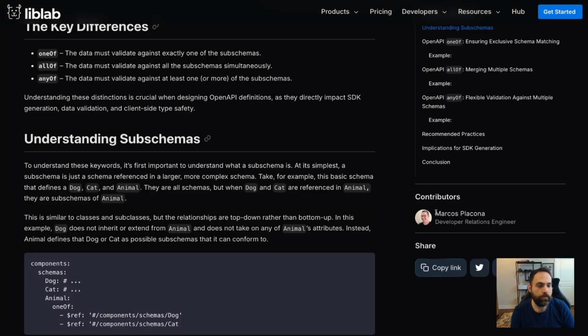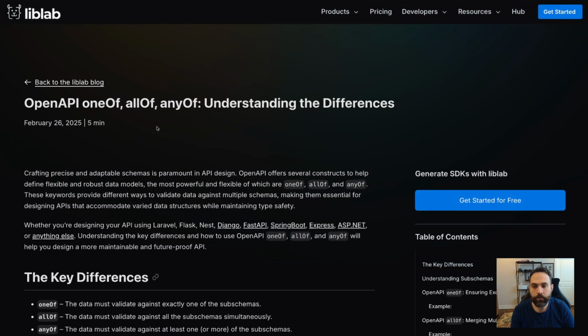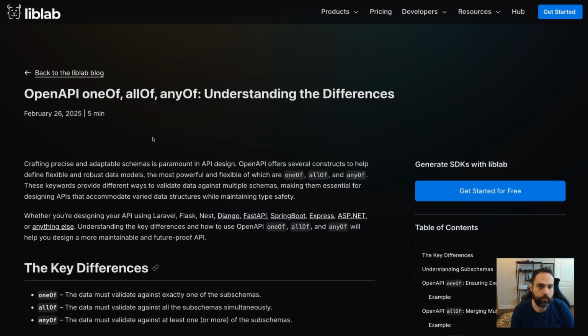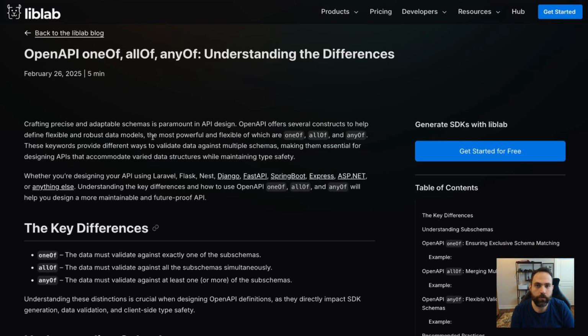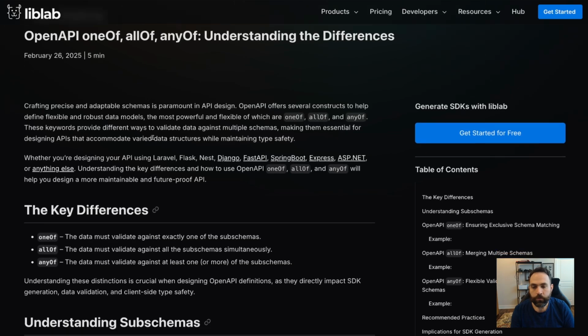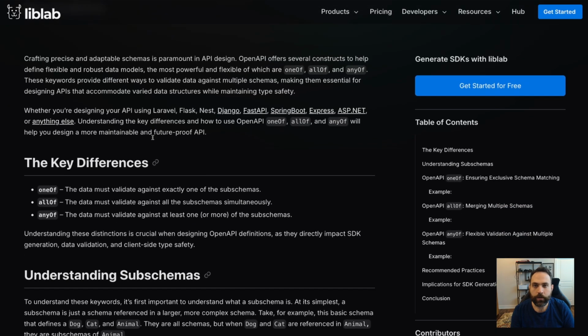Today, I'm going to take you through a blog post written by fellow developer relations engineer at Liblab, Marcus Placona. And today, I'm going to talk about OpenAPI and particularly oneOf, allOf, and anyOf. Kind of explain the differences in them, go over Marcus's blog post here, which you can also read on our website at liblab.com/blog. So oneOf, anyOf, and allOf are actually very powerful ways to define what subschemas belong to another